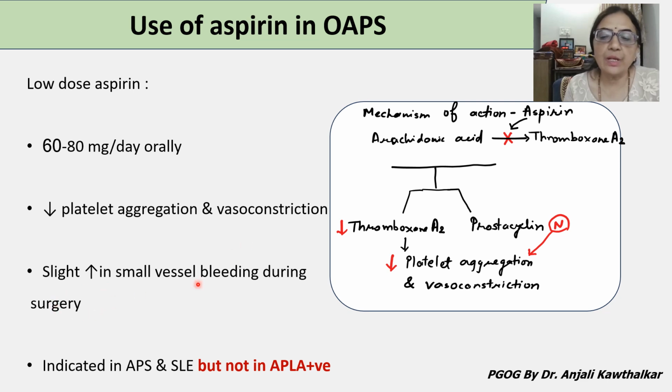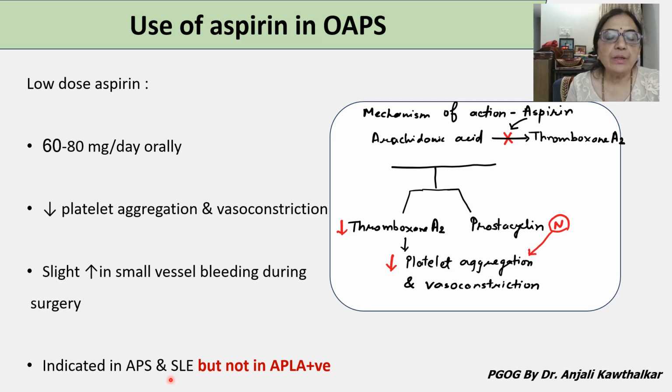Suppose a patient is on aspirin and we need to do an emergency cesarean section, we should remember that there might be small vessel bleeding or some oozing in the surgical field. Though we continue aspirin in the third trimester also, in some patients it rarely can lead to this slight increase in small vessel bleeding. Aspirin is indicated in antiphospholipid syndrome, and also in systemic lupus erythematosus, SLE